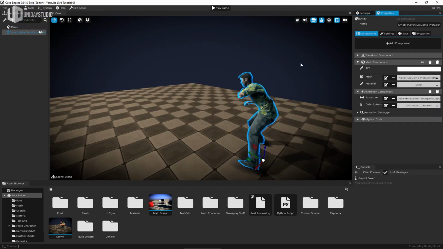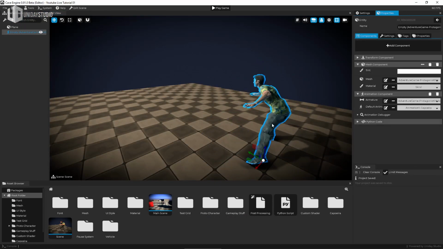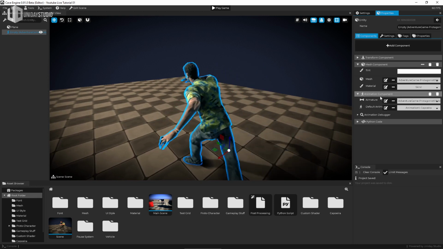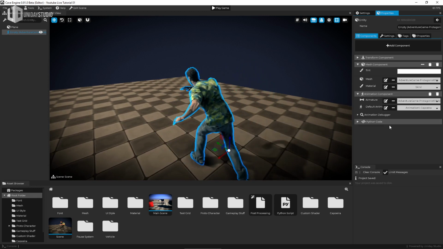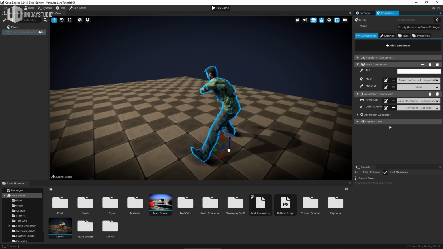Let me go back to the capoeira. There's a lot of blending here because I'm testing stuff again. But what is the advantage of this? Why is this important? Well, for a lot of reasons. And the first one is if you have a multi-mesh